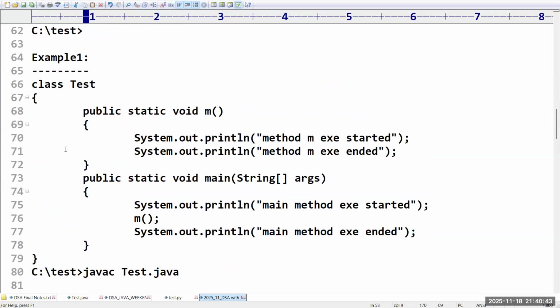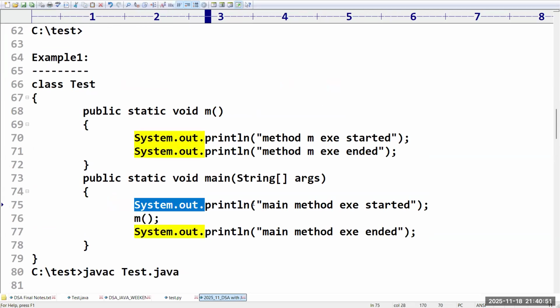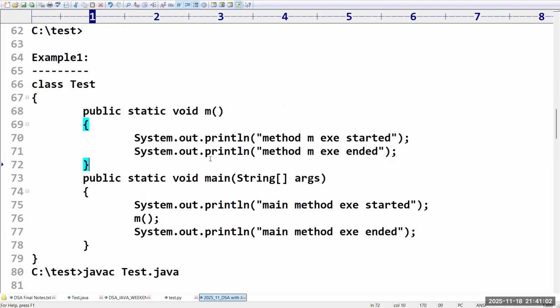Next, another example. You can see we have created one Java program with a main method and a couple of SOPs. Along with that, we have a method call, and inside that test class we have one more method which prints two statements.